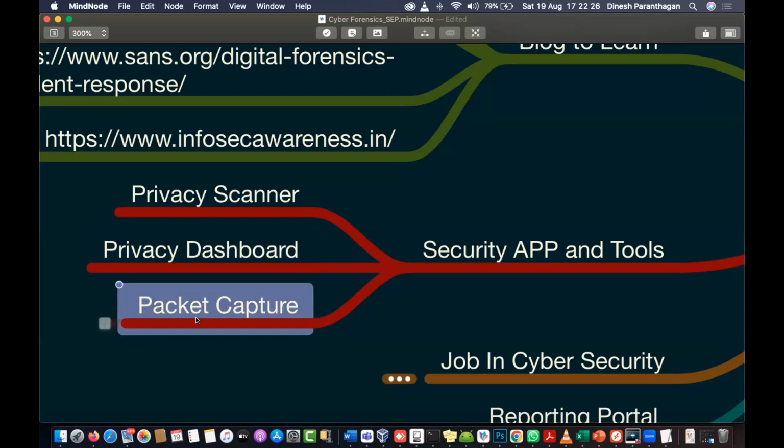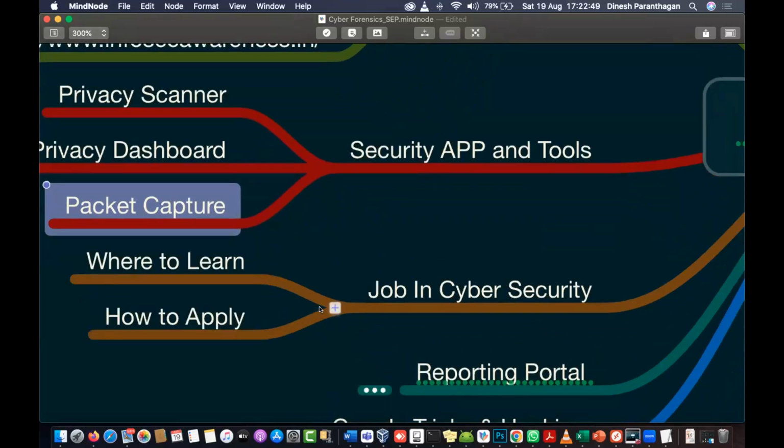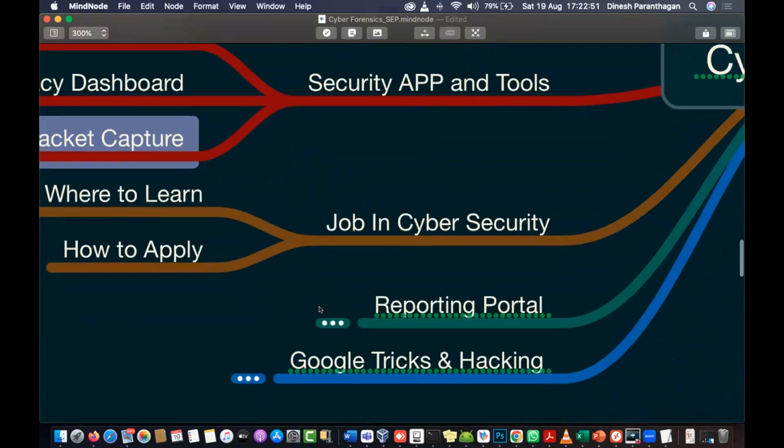And for packet capture, there is an application. If you are a cyber forensic investigator or doing research, you can use a packet capturing tool for mobile and system and analyze the packets. For example, if you send a message on WhatsApp, try to capture the packet and analyze it so that you can know how the packet transfers from one end to another. This will take some time.